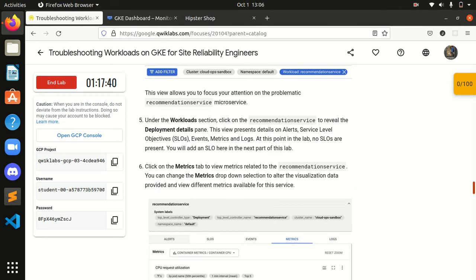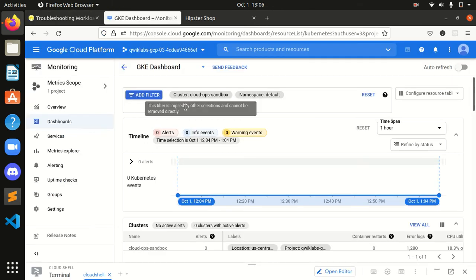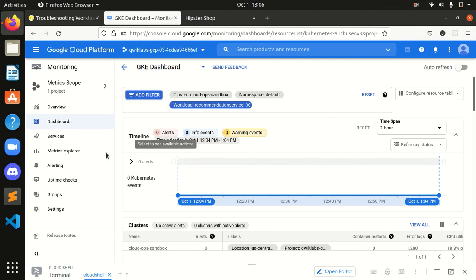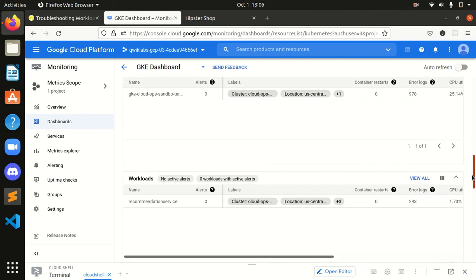Let's go from here, slowly. Under the workload section, okay, click on the recommendation service to reveal the deployment details. Okay, I will click here. This is the workload section, right? This is the workload section, right, guys?